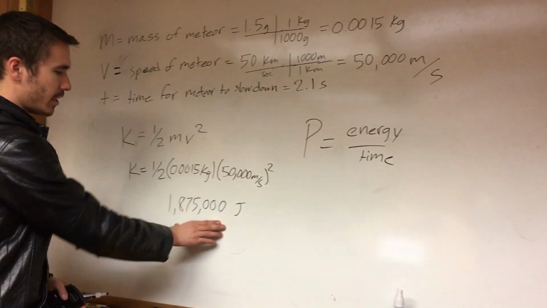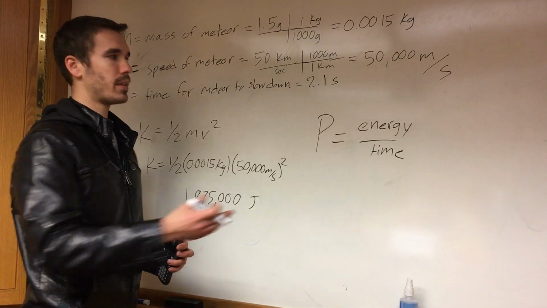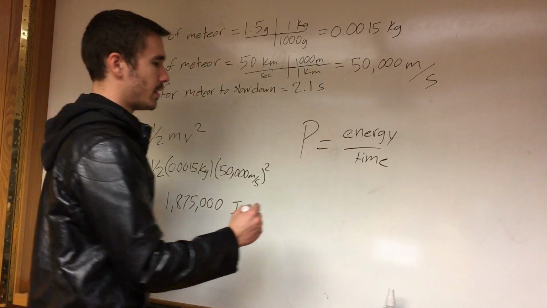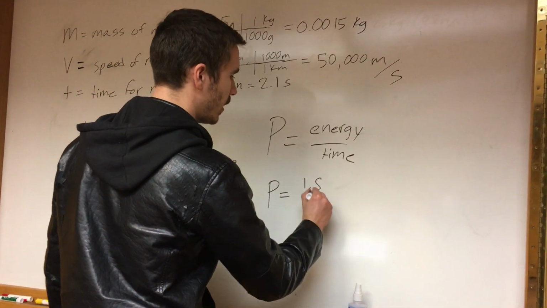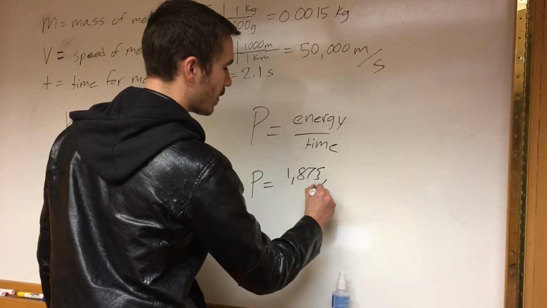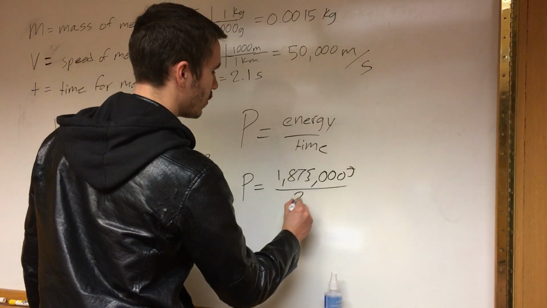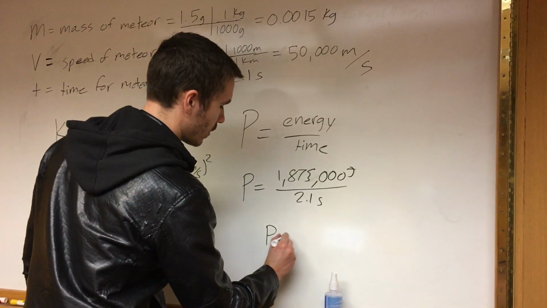And so we have our energy here in joules, and it gave us the time in the problem, saying it takes 2.1 seconds for it to slow down. So all we simply need to do to get the power is divide our energy, which was 1,875,000 joules, divided by 2.1 seconds, which will give us